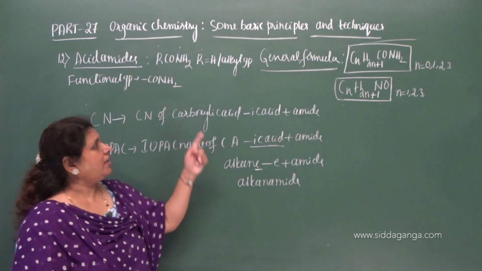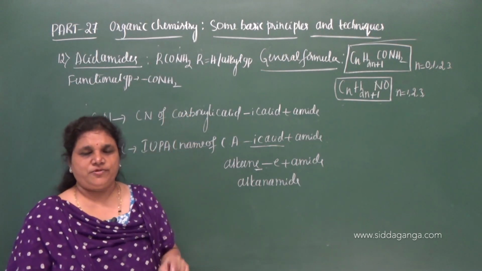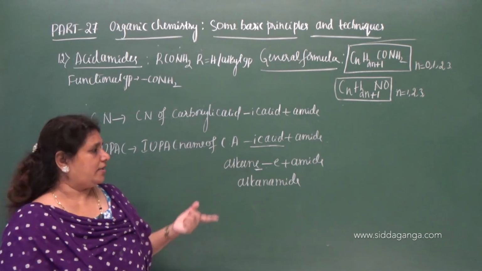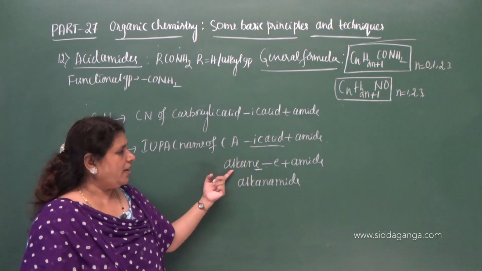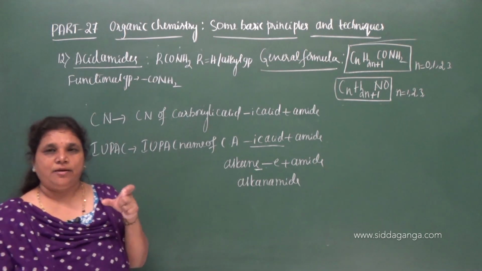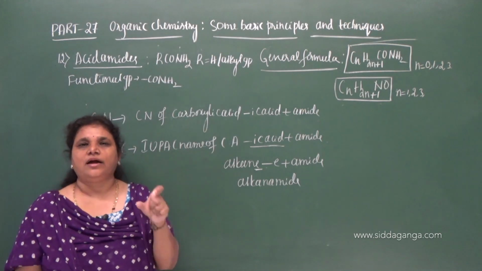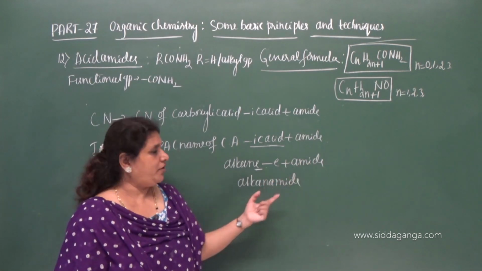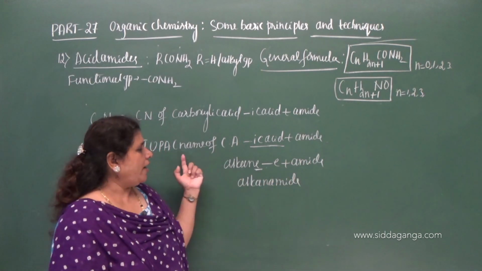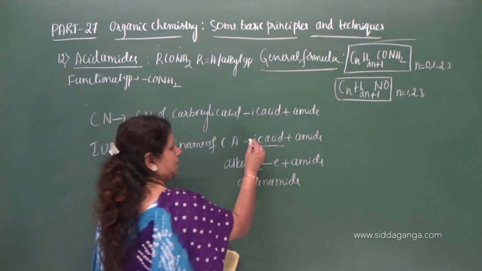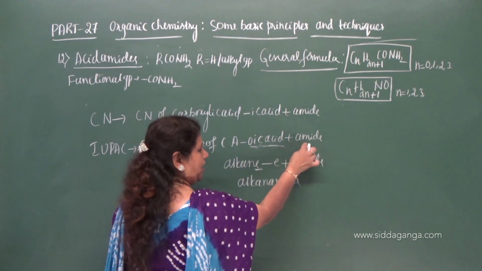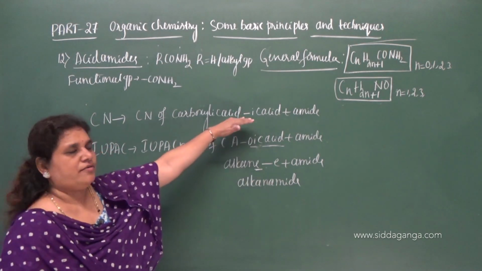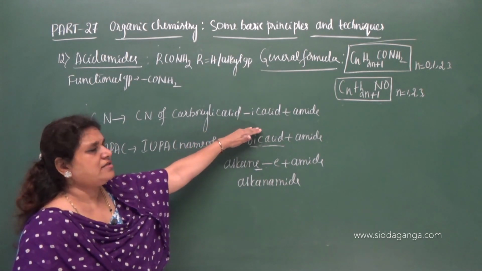So including the carbon atom of a functional group, since there is a carbon atom there, we have to include that carbon in the root word while naming the alkane. So write the name of an alkane on the basis of the number of carbon atoms, including the carbon atom present in a functional group, remove terminal E and add amide. What you get? Alkanamide. Okay, so the IUPAC name: here oic acid is replaced by amide, then also you will get alkanamide. So alkanamide is an IUPAC name and here you will directly get it by replacing ic acid by amide.